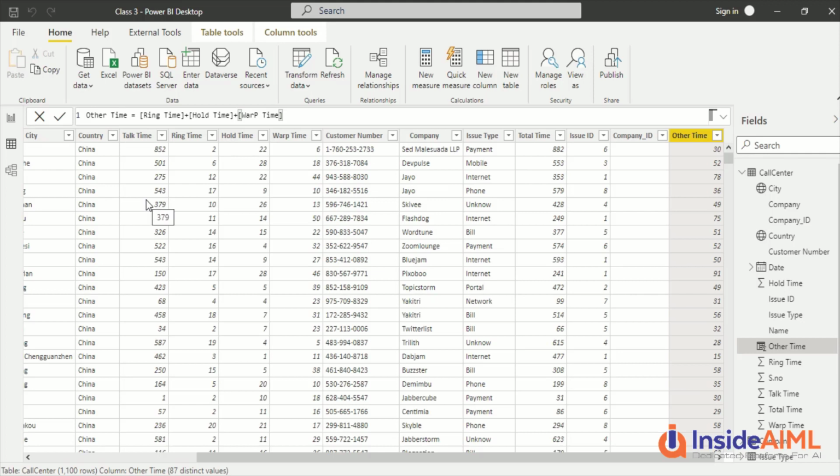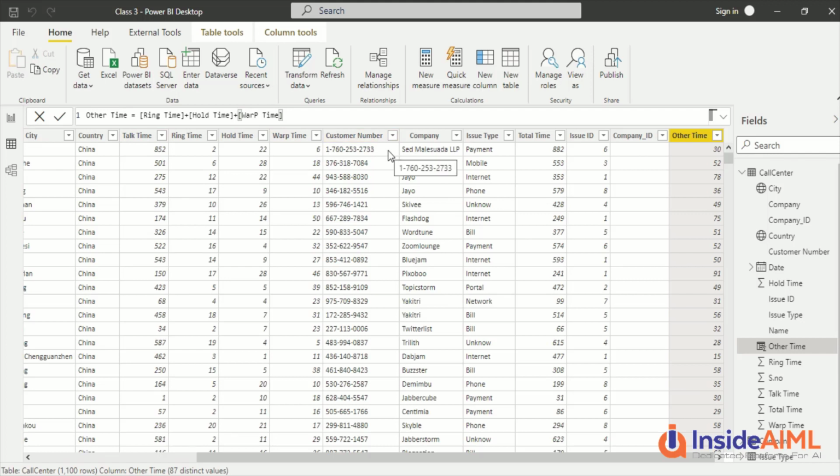Now one more thing which we wanted to create is percentage of talk time. Talk time divided by total time. We know percentage of time in the talk time. Let's assume we want like 90% of the time to be talk time. Now at this place, if I create a column, talk time at line level will be divided by total time, and then each row it is divided, then I simply average it.